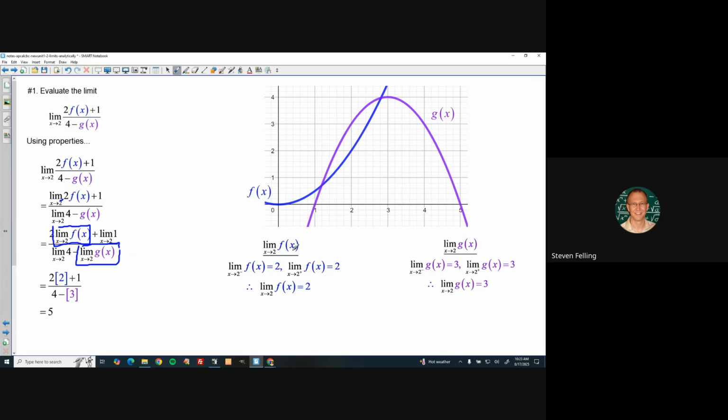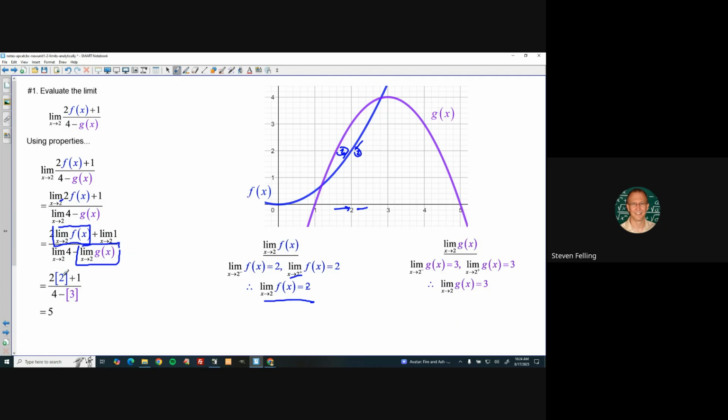Limit as x approaches 2 of f of x is, okay, we have to go from the left and from the right. So the limit as x approaches 2 from the left is, well, this blue function. As we approach 2 from the left, this seems to be approaching 2 on the left for the y. As we approach from the right, this is also approaching 2, right, which means that limit is 2. We wouldn't necessarily have to write all this because this function is well behaved and there's a single rule. So I think we can just state that that's true and then insert that 2 in place of this limit